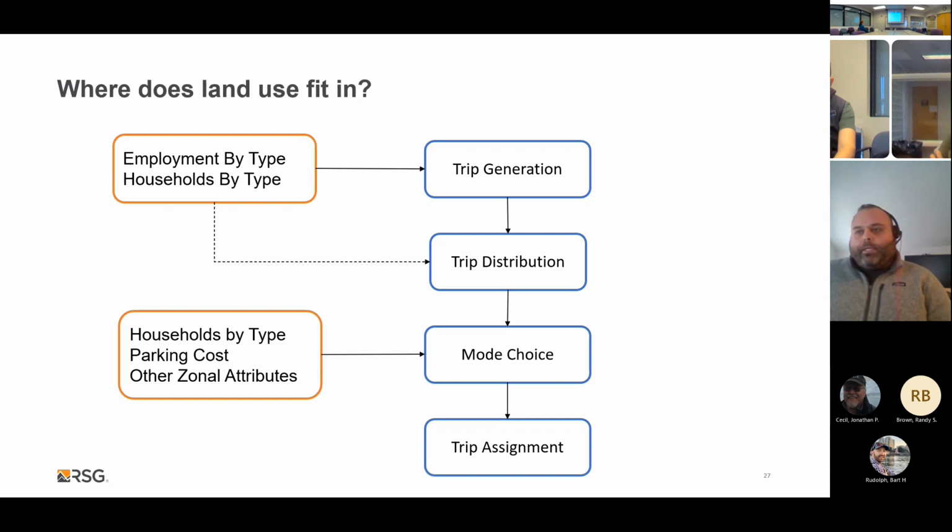So you can think of downtown areas where parking fees might be high, and I think this really varies regionally. Because in the Indianapolis metropolitan area, there's only one area where you have to pay for parking, and that's downtown Indianapolis, and everywhere else it's free. So parking costs may or may not be a huge factor, but they become big factors in large metropolitan regions like New York or Boston, where the parking cost might be a significant detractor for someone to drive alone or drive their car in, rather than take a transit trip.